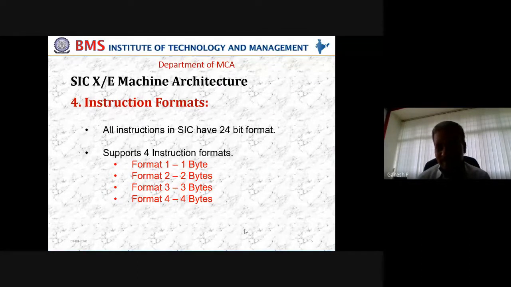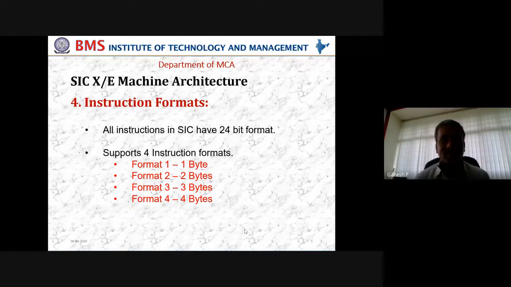First one is going to be a 1 byte instruction. Second is a 2 byte instruction. Third is a 3 byte instruction, and fourth is a 4 byte instruction. To understand it better, I can draw your attention to your CO, computer organization, where the teacher would have discussed different types of instruction, where 1 address instruction, 2 address instruction, 3 address instruction, 0 address instruction. Do you recall them? Able to understand what we are catching up now? It was discussed about 0 address, 1 address, 2 address, and 3 address instruction as part of CO. Precisely the same concept we are looking at this juncture as well.